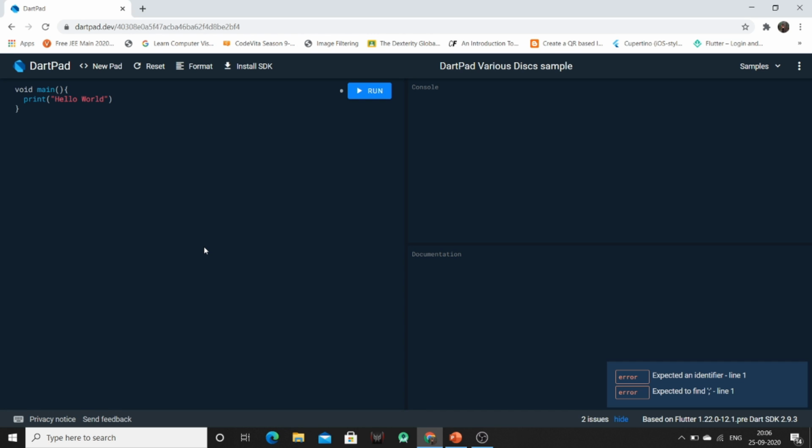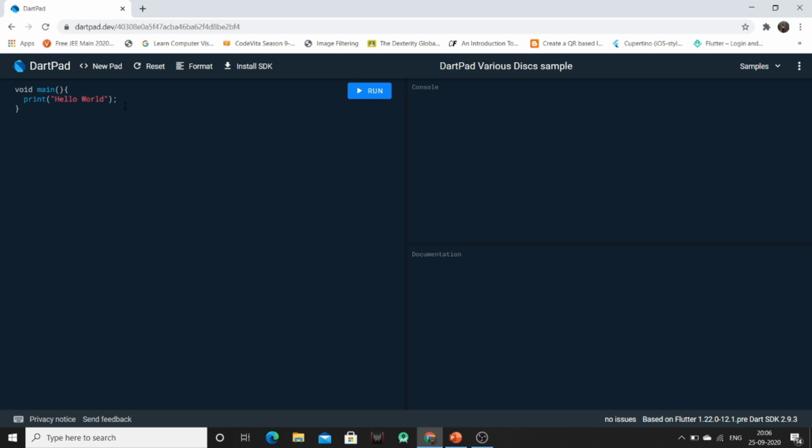Now if you are having any error, then that will be displayed in this right bottom side. This is a feature available in DartPad, that before executing your program you can have information or errors which are there in your program. On looking at this error and information, you can solve the issues that are there in your program.